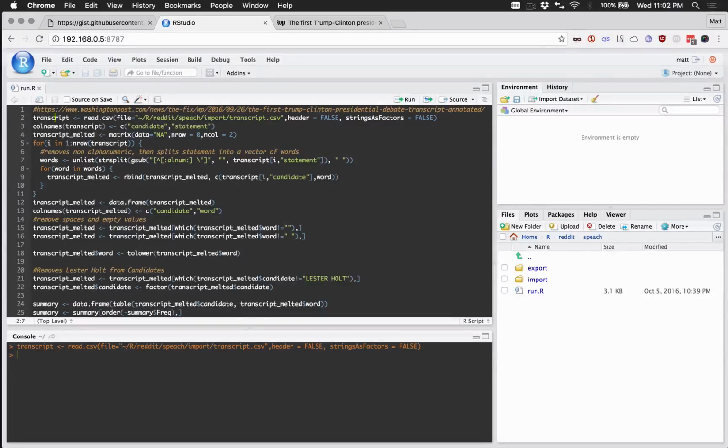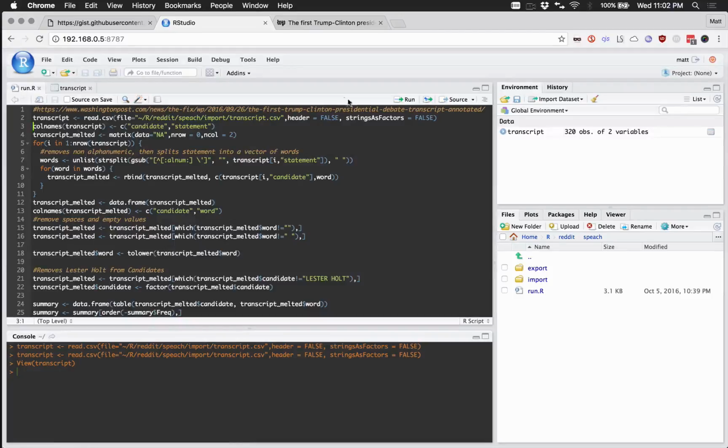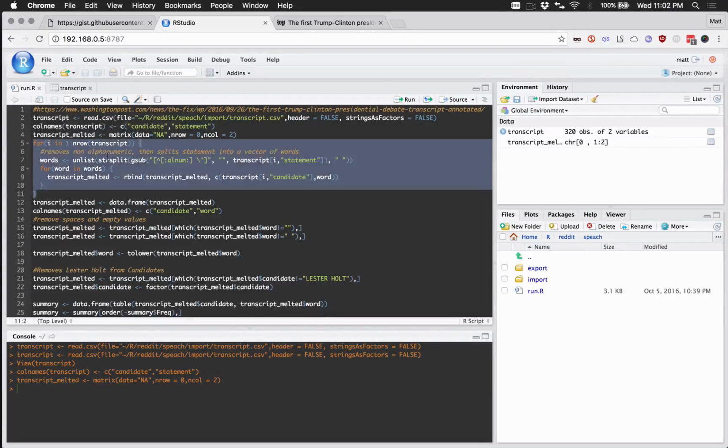Alright, so we're going to read in this transcript, and just so you get an idea, it's going to have the name and then the statement. And I'm changing this to candidate, statement, and then I'm going to create an empty matrix. And this little thing right here takes everything that is not alphanumeric, not a space, and not a parenthesis, and replaces it with empty.